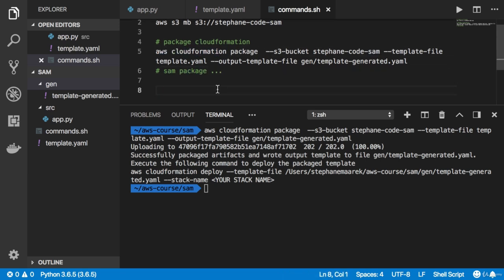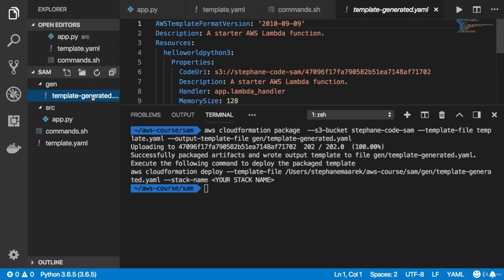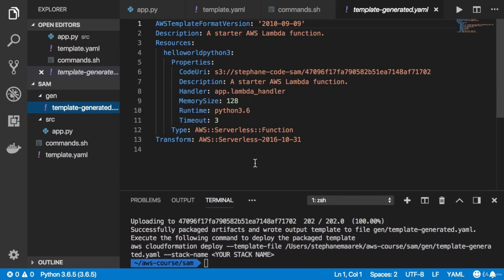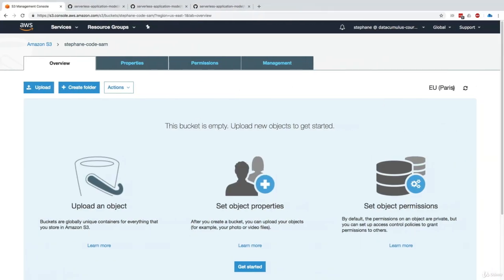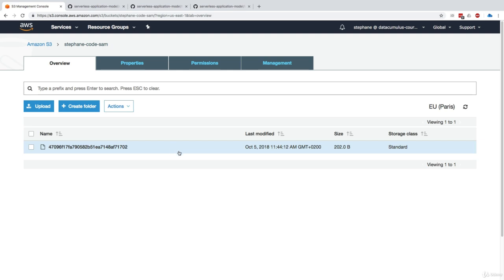Okay, so we have the first thing done. Let's look at this template-generated file, just so we can have a good look at it. And so it looks just the same, except now the CodeUri is referencing S3. So it turns out that my code was uploaded into S3, and this CodeUri right here was automatically updated to reference that S3 bucket and that file that was uploaded. So this was the little nice thing done by cloudformation package. Obviously you can do way more, but this is just a little taster. Now let's go ahead and deploy. And before that, maybe we should check in our bucket. And indeed, yes, a file was uploaded.